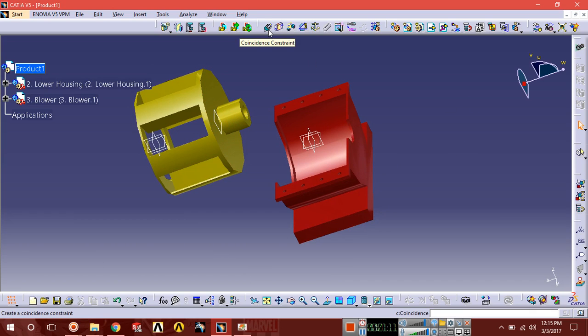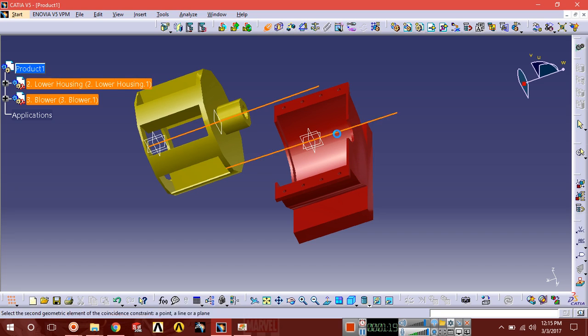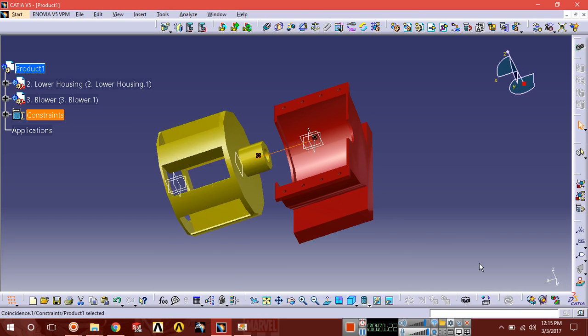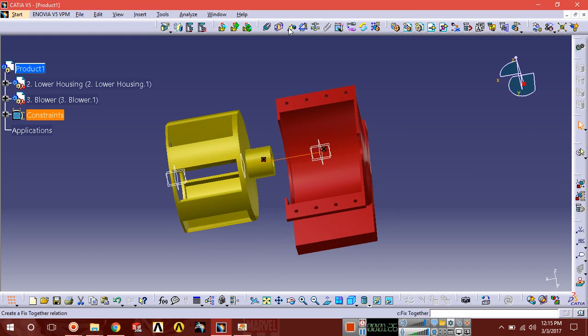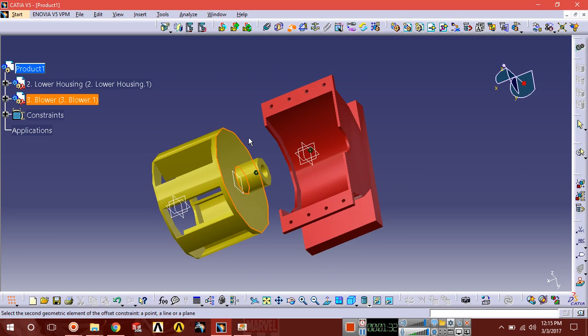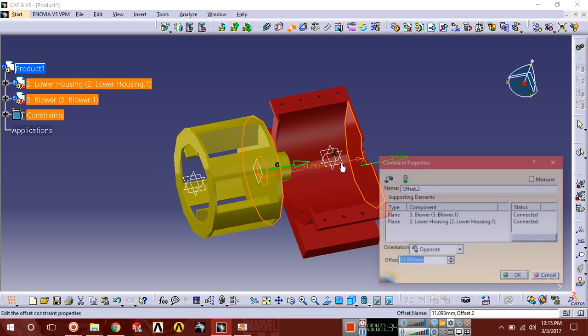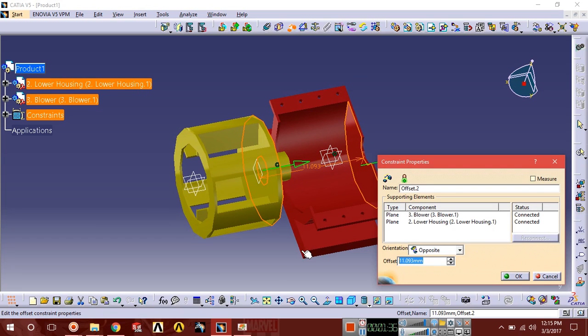And now go to here, coincident constant, select this and select this outer surface and select this surface. Here you can see. Now again select offset constant and select this face and select this face, and here put 0.125.